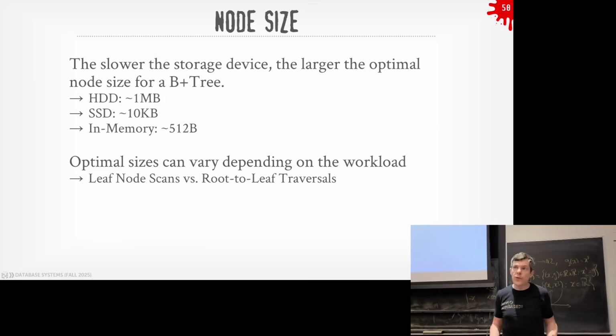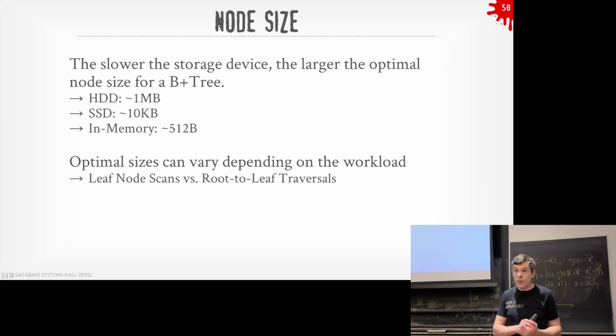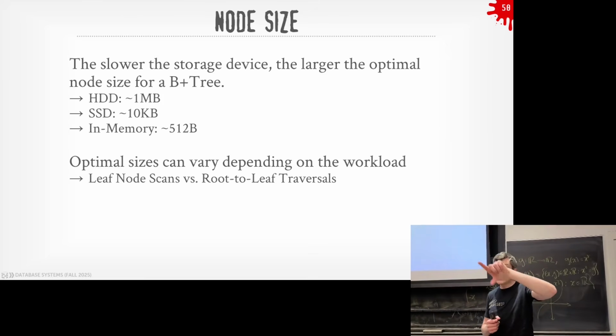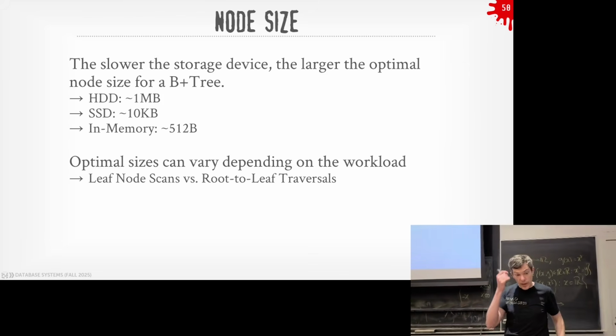So in a system like Postgres, you can't vary the size of index pages, but in enterprise systems like DB2, you can specify different page sizes on a table basis and on an index basis. And I think they can even discriminate between the inner nodes and the leaf nodes and have different page sizes for them.